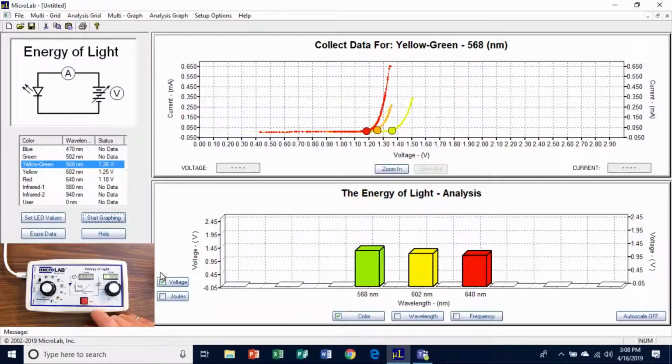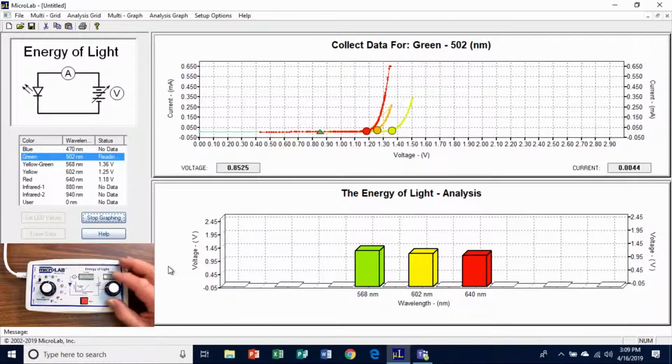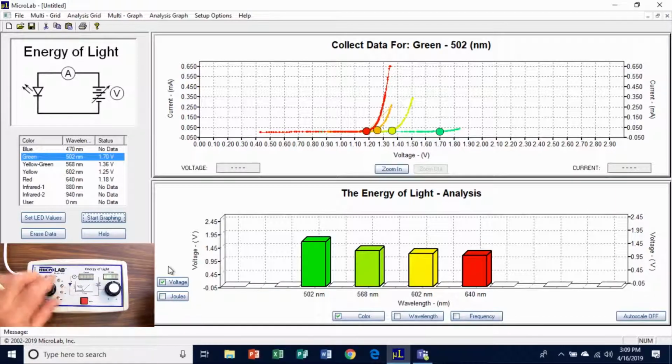I'll record that, and then I'll move it up to 502, which is kind of blue-green, and we'll match this on the chart here, and I'll say start graphing, and I'll run it across. And we need to watch carefully because this one gives off light pretty early, and I can see it right there. I'll run it past a little bit, back down, just giving off light, record it,